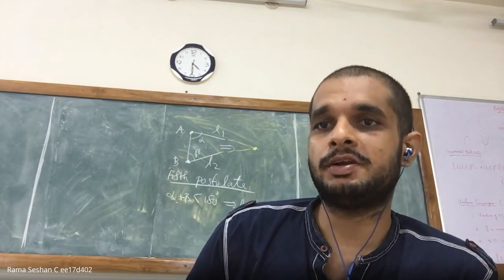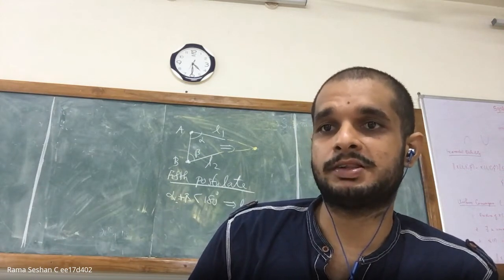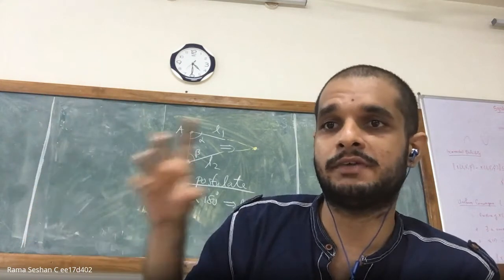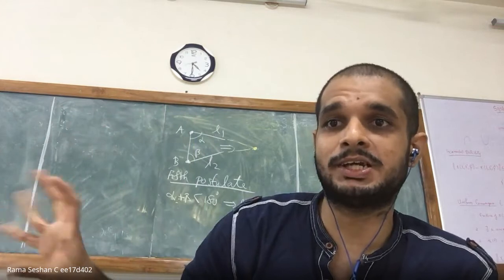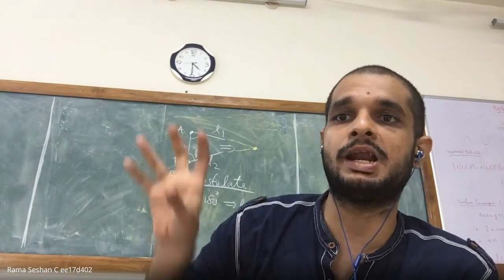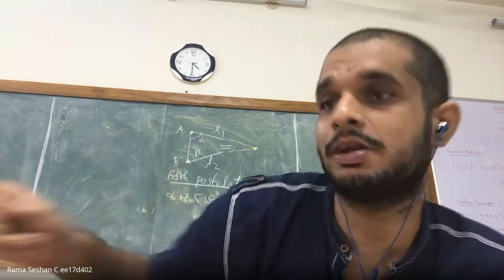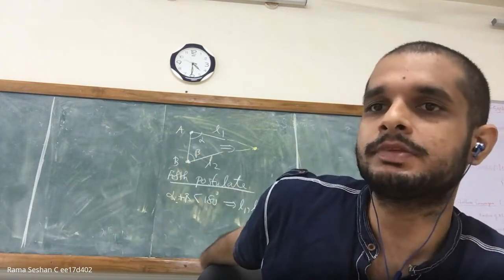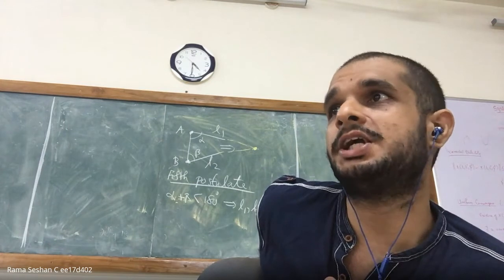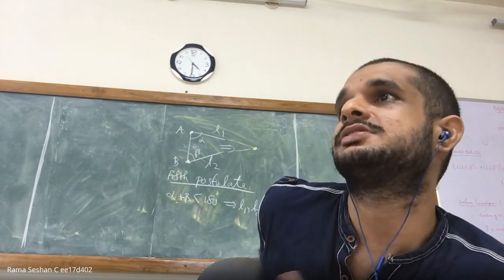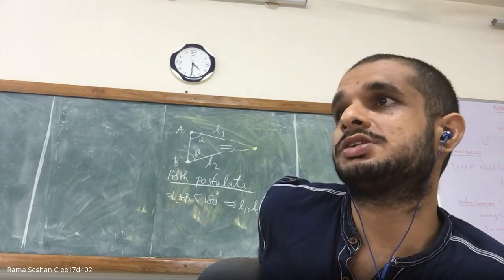Later people realized that, hey, this guy is using the fact that parallel lines are equidistant. But where does that come from? It turns out that that is actually equivalent to the fifth postulate itself. Parallel lines remain equidistant is actually equivalent to this statement, whatever I wrote now. And some other guy claimed that he proved the fifth postulate, but in his proof he would have used something else. Maybe he might have used the fact that,